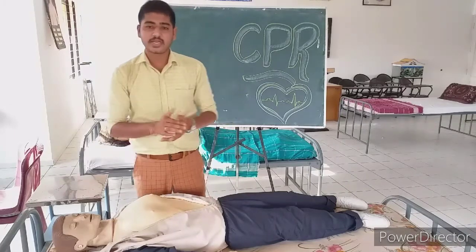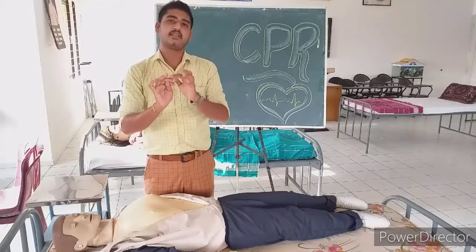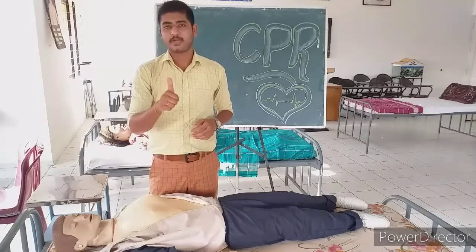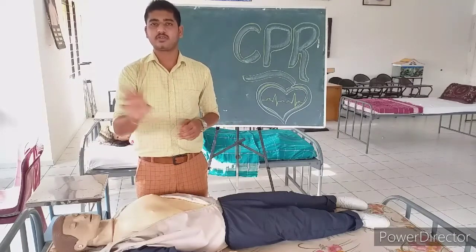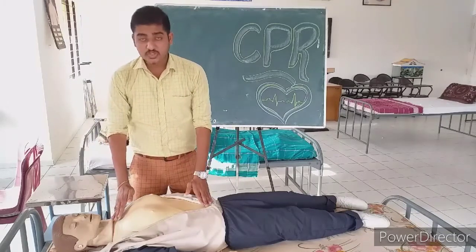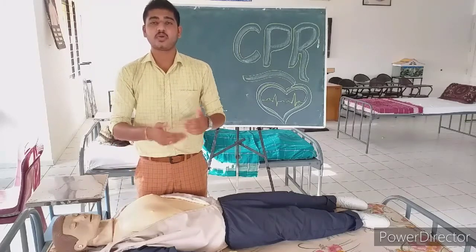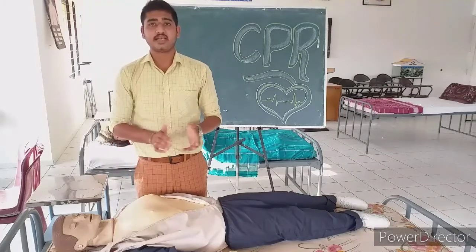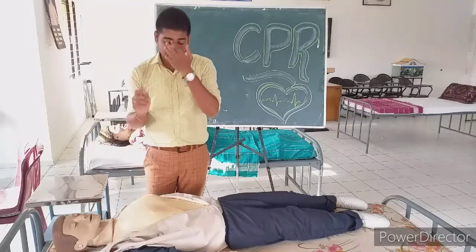Okay. How you are going to give the CPR is, there are 3 components: compression, airway, breathing. Compression is the first one, second is the airway, third is the breathing. It follows the same sequence. For giving the compression, you should know the exact place where you should give it. As we all know the heart is at the left side, but that doesn't mean you give the compressions on the left side. Okay, so this is the exact location.